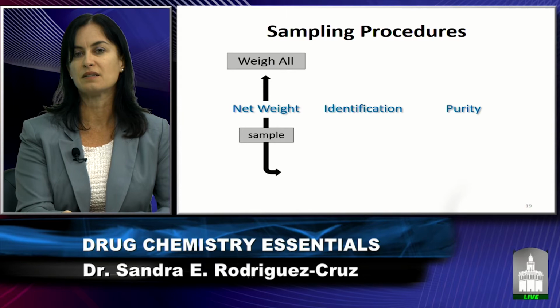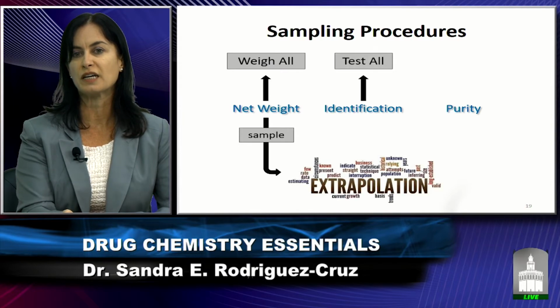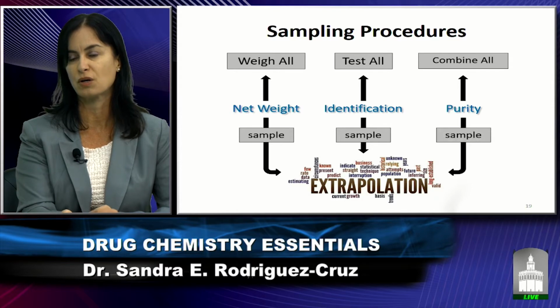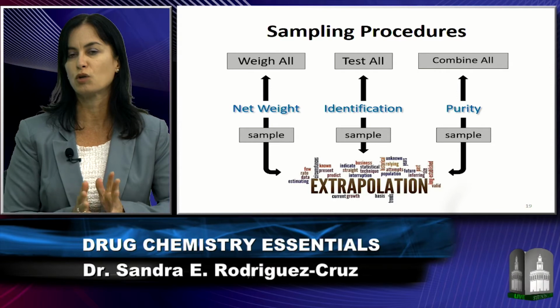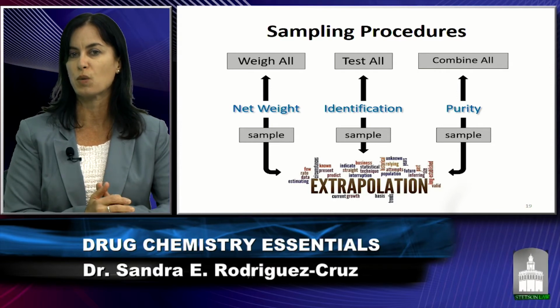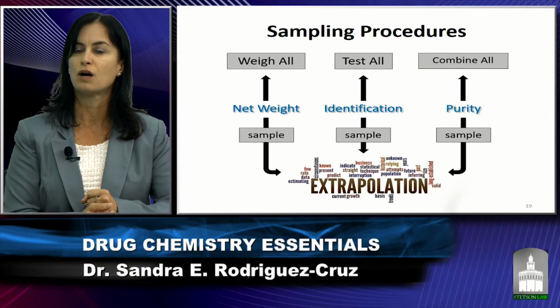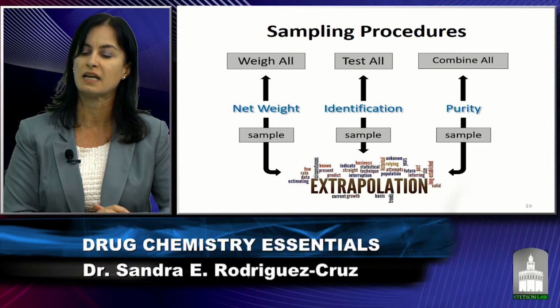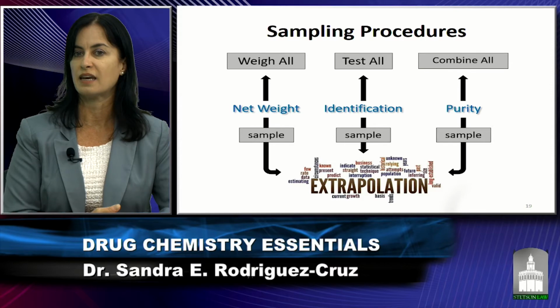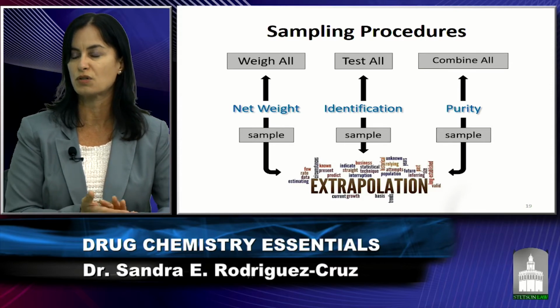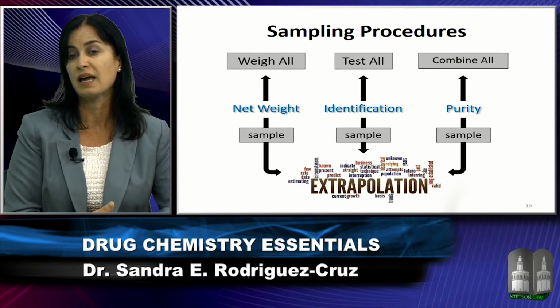The different testings and general procedures that are done in a laboratory, such as net weight determination, identification, or the actual purity of a controlled substance, can all be done in two different ways. Either you can test part of it, or you can test the entirety. And it's very important for attorneys and defendants and those